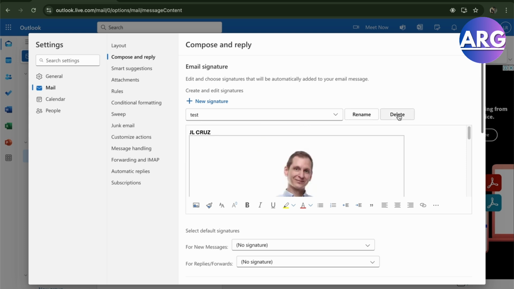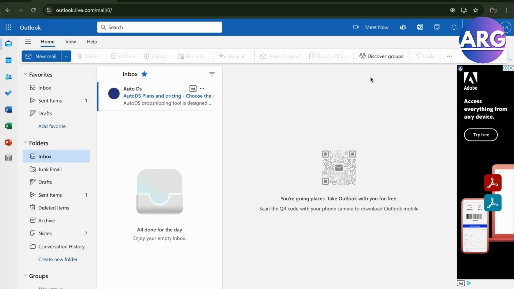So you can of course delete this and add a new signature if you want for different types of clients or emails. So there you go guys, that's how you create an Outlook